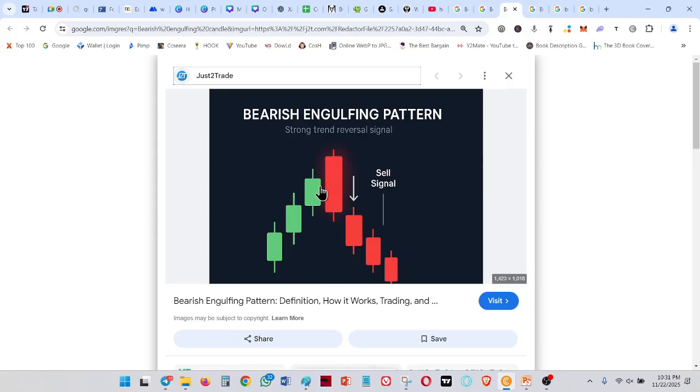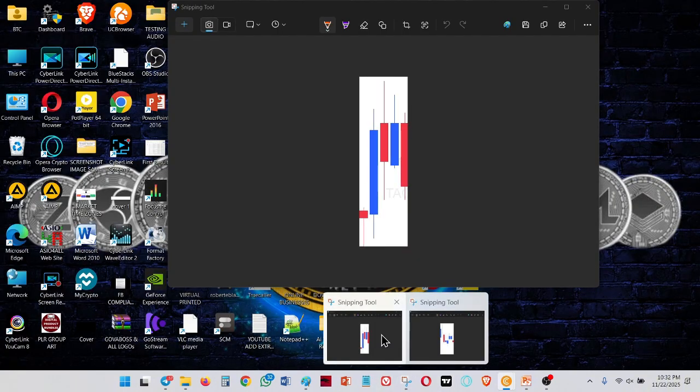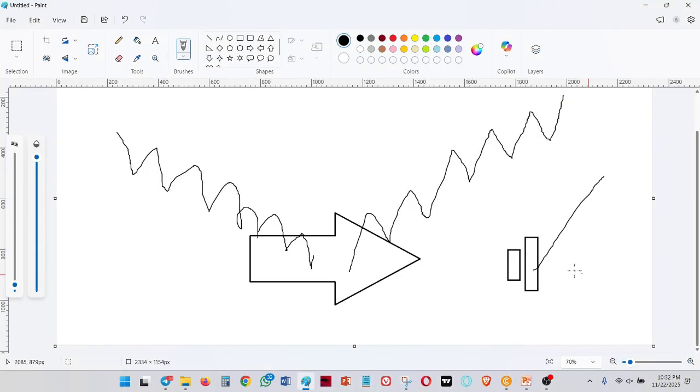I've showed you bearish. Look at it here. This red is bigger than this green, and the market crashed down. This one, this red is bigger than this, the market crashed down. I said it is the right hand that will be bigger than the left hand. Now, in a bullish scenario,